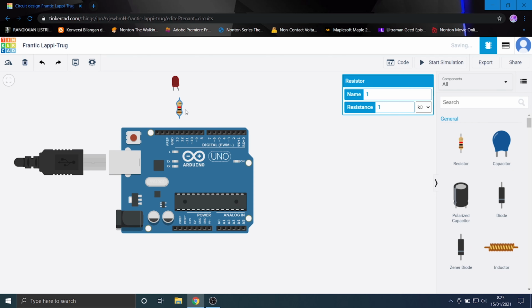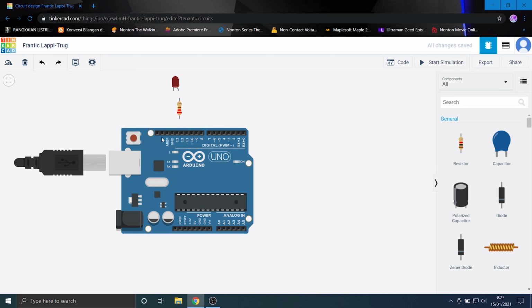Now we have the resistor. This resistor is still in kilo ohms, which means it will not work because the resistance is so high. So I will use 220 ohm. Okay, we have to put the wire from the ground to the negative of the LED,